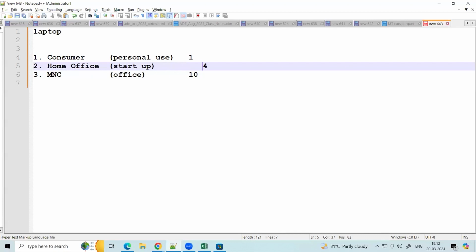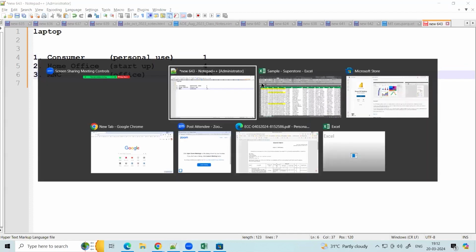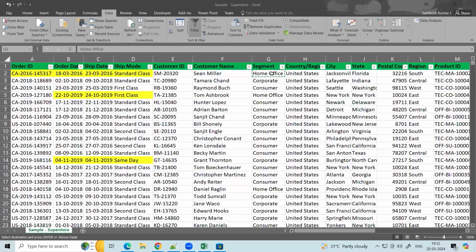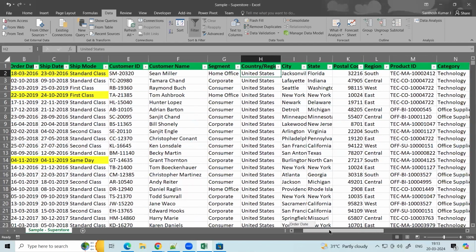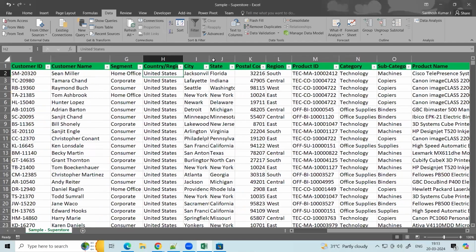So this defines for what purpose you're buying. Are you buying for house, home office, corporate, or as a consumer? So what you're buying for. So all this I can have, and all these columns from H, I, J, K, L